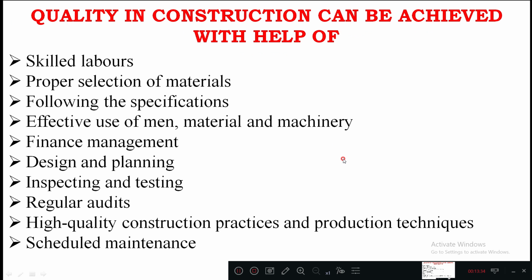So moving on to the next concept, that is quality in construction, which can be achieved with the help of the following aspects. If you want to achieve 100% quality work in construction, you require certain parameters. You should have skilled laborers, proper selection of materials, and it should follow the specifications,